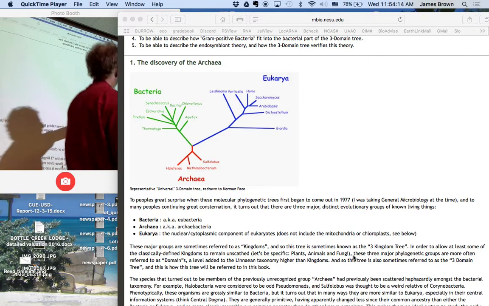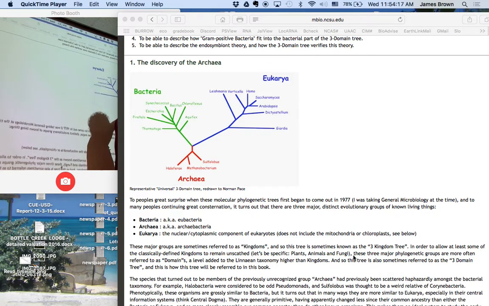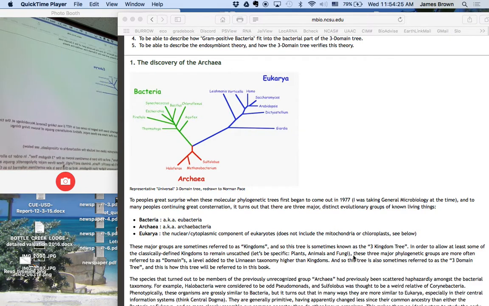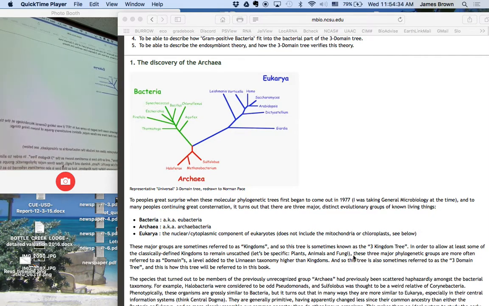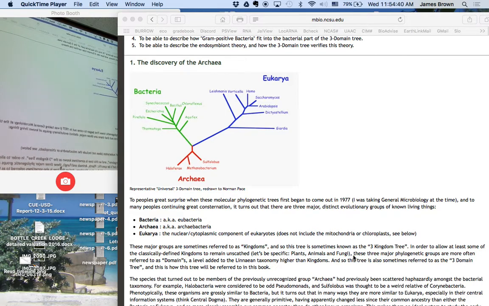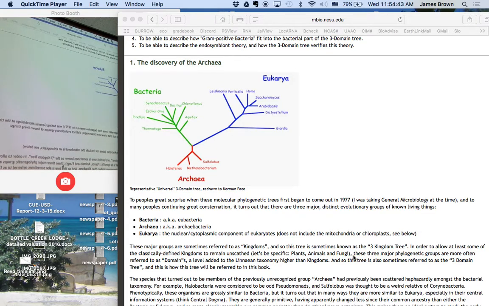An interesting thing is that this long branch here connecting, the root's going to be in here. There aren't any known really deep branches in the eukaryotic tree. There's this long branch that we don't know anything about before we start to get to the diversity of organisms we do know something about. This represents a lot of evolutionary history and change before this diversification. There are a couple of reasons why this might be. One, it may just be that there's an awful lot of evolutionary history before a radiation of surviving eukaryotes.